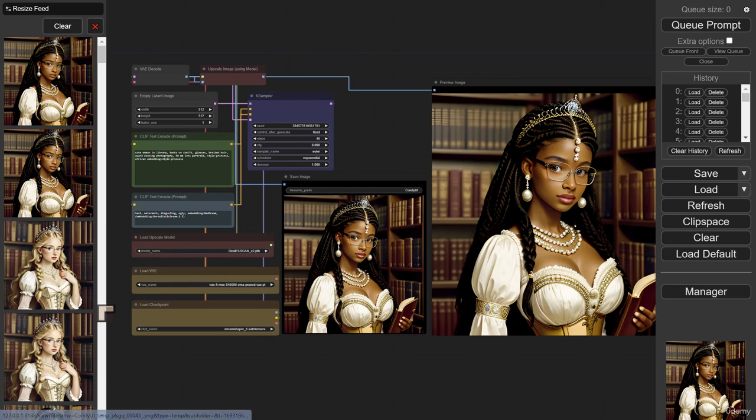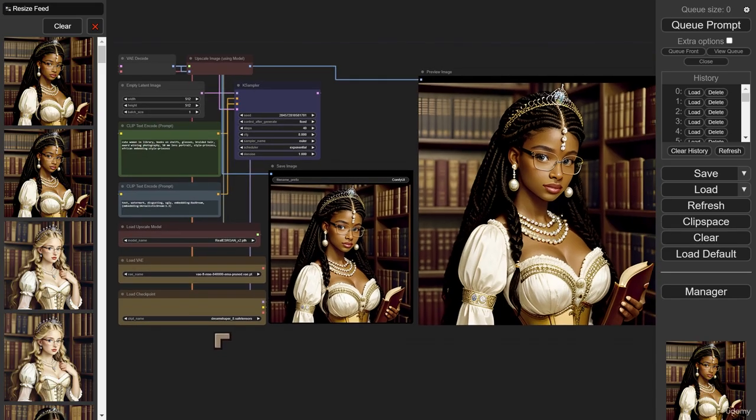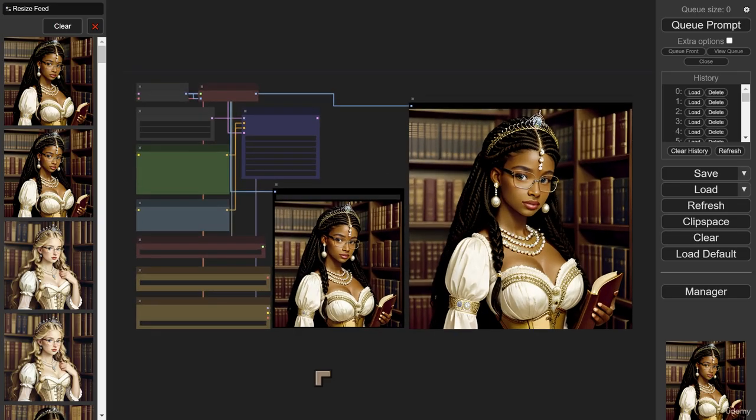Okay, let's take a look at inversions. They're called textual inversions, but I'm going to refer to them mainly as embeddings, because they're confusingly known by two names, textual inversions and embeddings. We'll try to keep it just to embeddings because we're going to be using that term quite a lot in the video. So embeddings are small files that you can download,